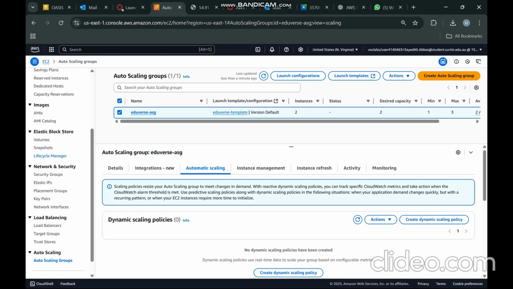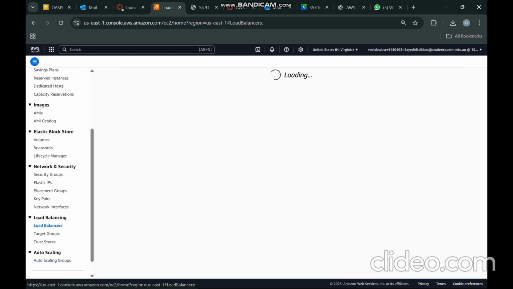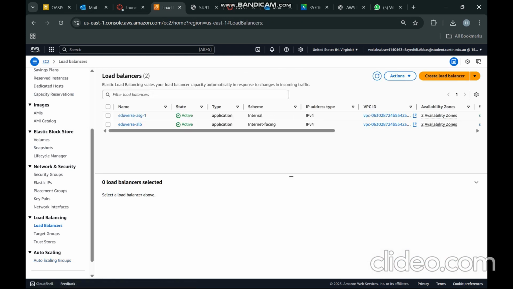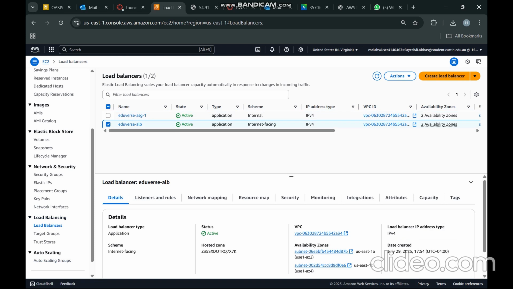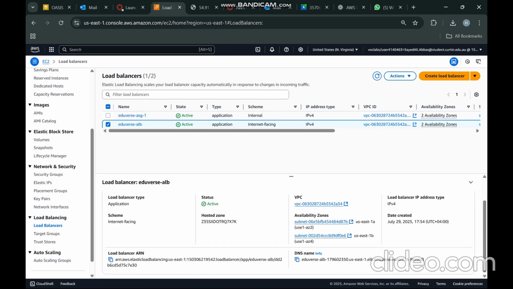Load balancer, coming to the load balancer, I also made a load balancer group to balance the load perfectly. One is this, ASG groups are also there, and AWS ALB. This is the VPC connected, and I have made it internet facing scheme, and the load balancer type used is application. And by this, all the tasks have been completed. This concludes my AWS project walkthrough. I have demonstrated the implementation of core cloud computing practices, including